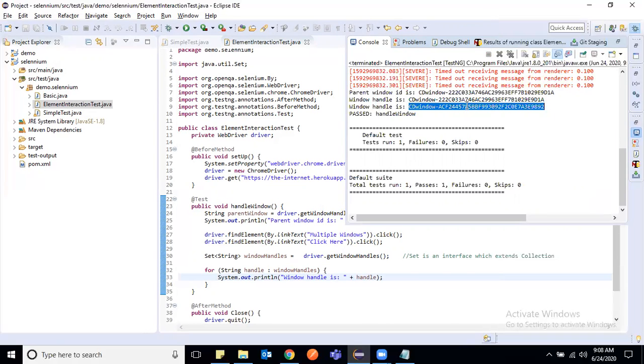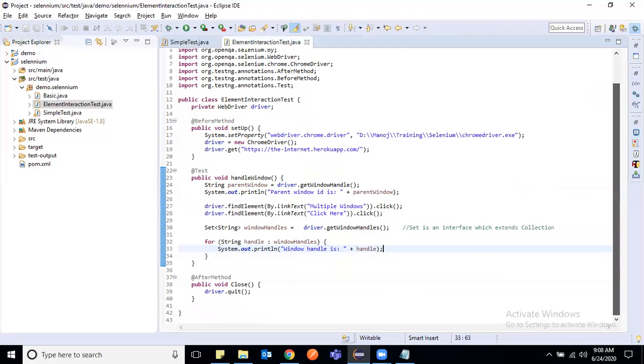As I was saying earlier, by default focus is on the parent window, so in order to shift focus from parent to child window, we have to switch. Let's comment this first.